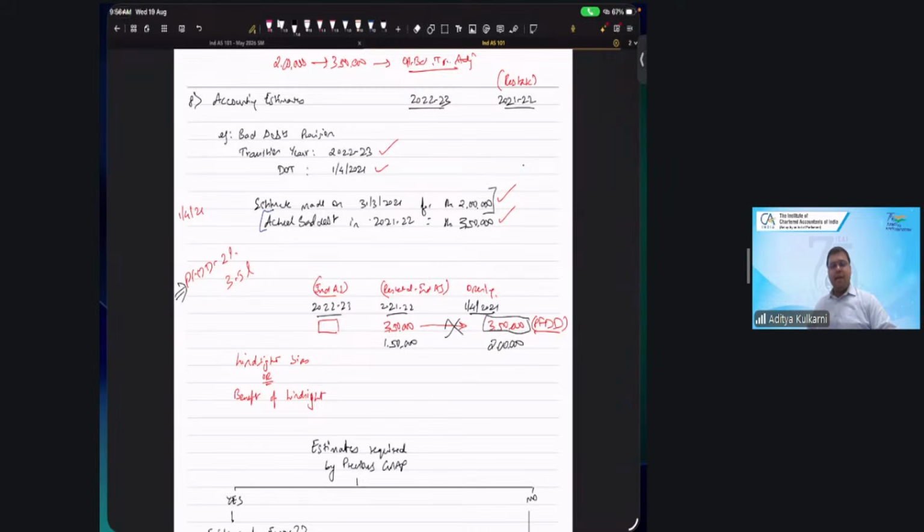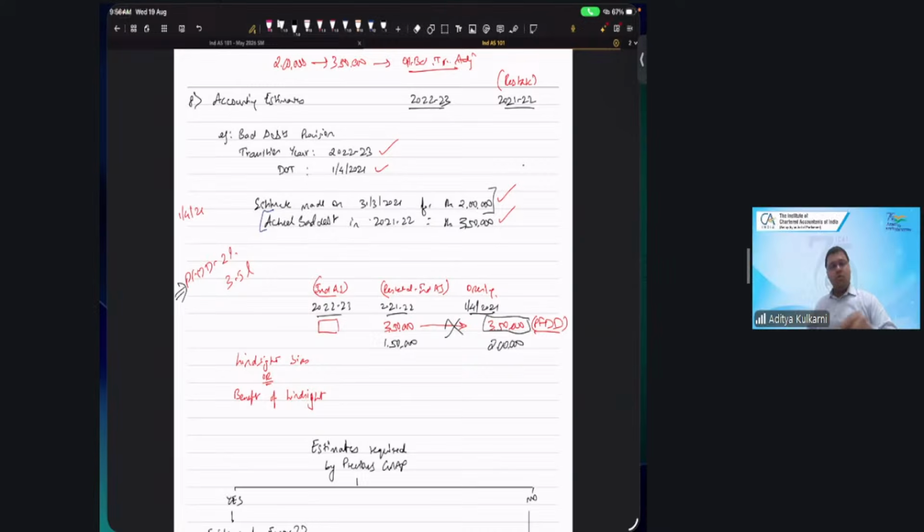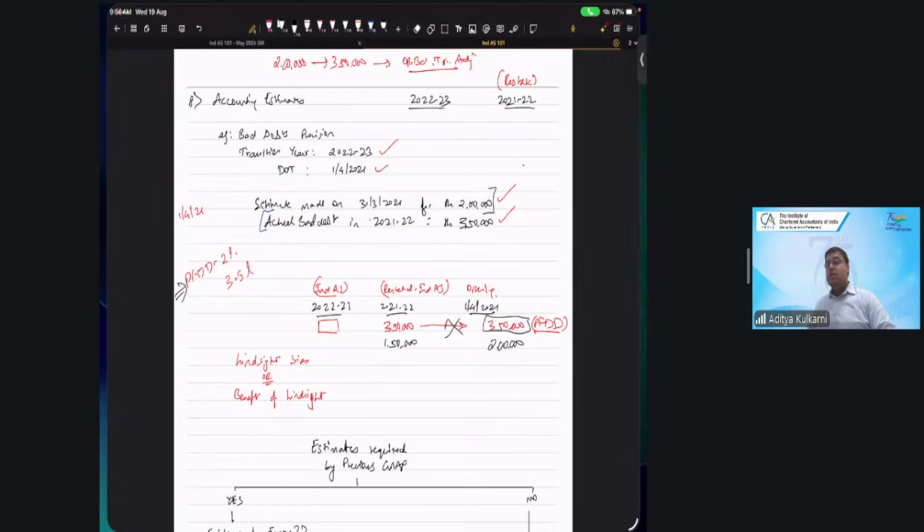Out of 3.5 lakh, you would meet 2 lakh against the provision. Yes, sir. 1,50,000 is excess actually. And that would hit the P&L in 21-22. Correct? Yes, sir. This is the normal thing that you would have done. Now,